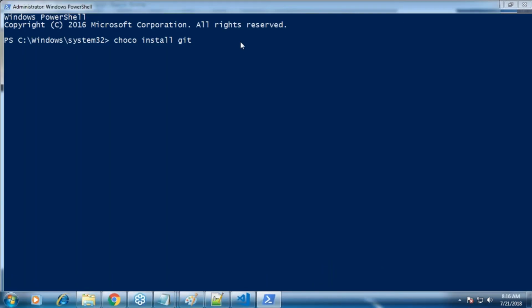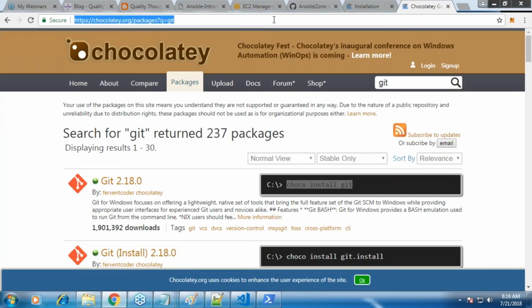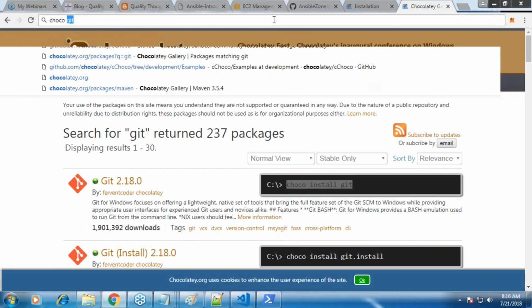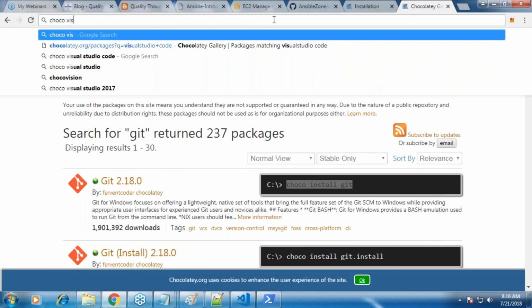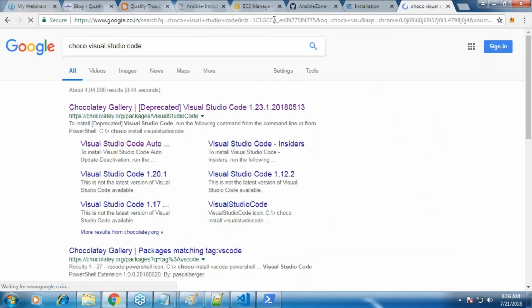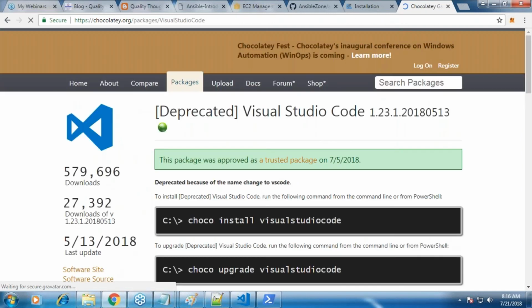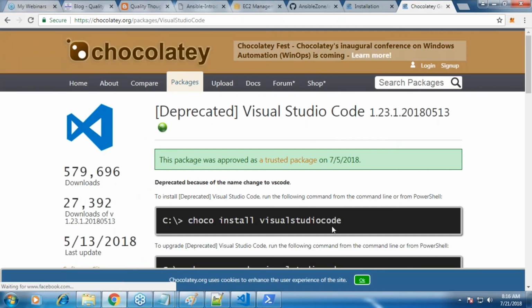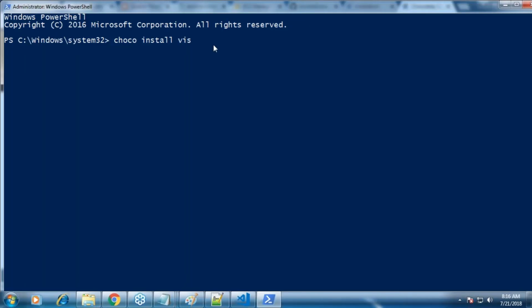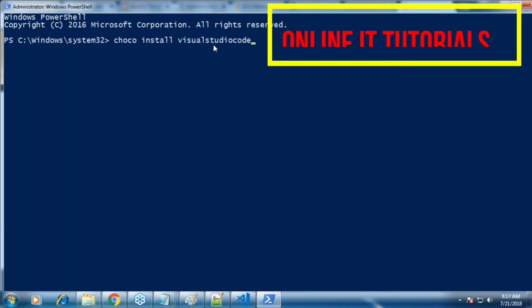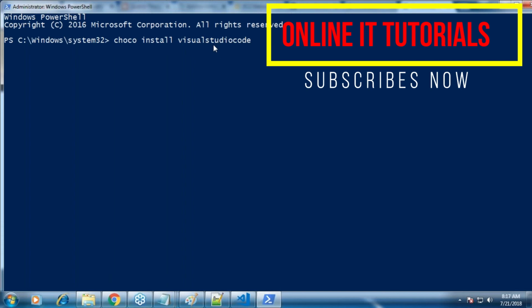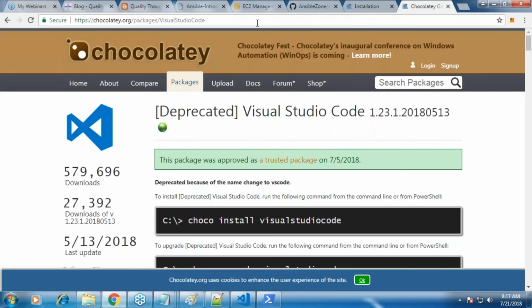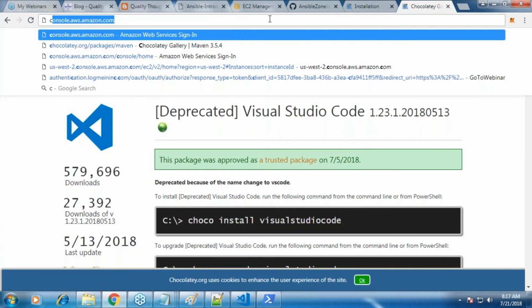It will install Git on your system. After that, I have to install Visual Studio Code. So again the same query. Choco Visual Studio Code. What is the command which you are seeing? Choco install Visual Studio Code. Just do choco install Visual Studio Code, press enter. I am not doing this because I have both of them. So let me try some other software because I don't want to spoil whatever is there on my machine.